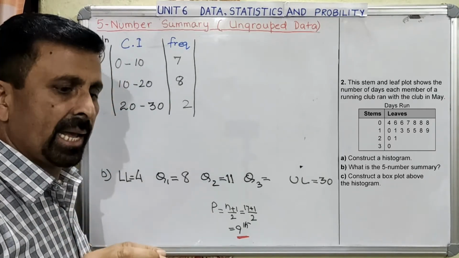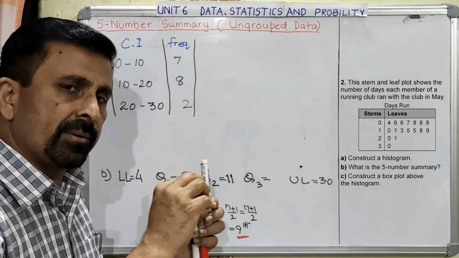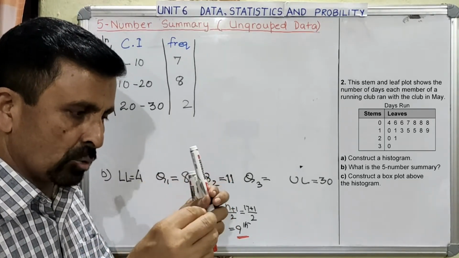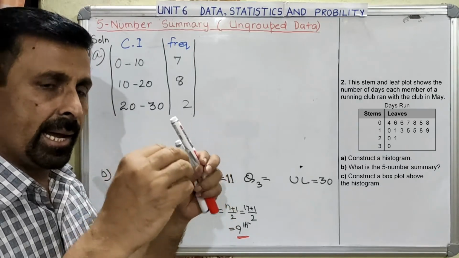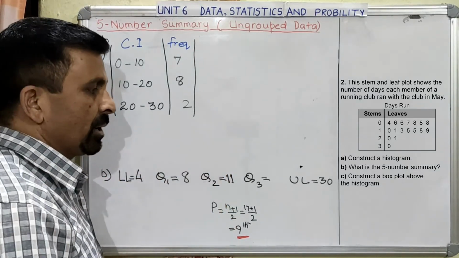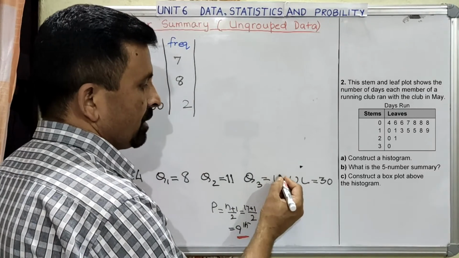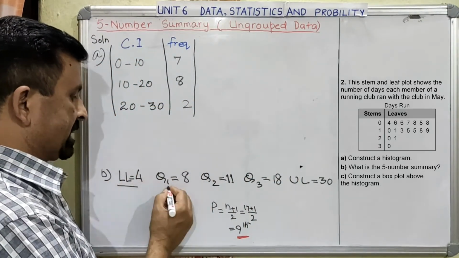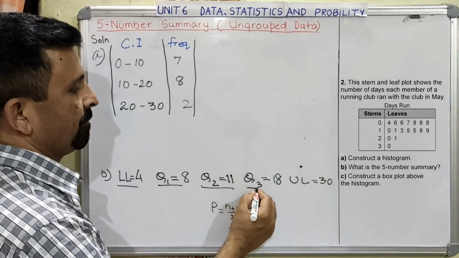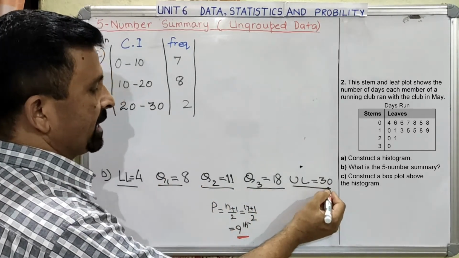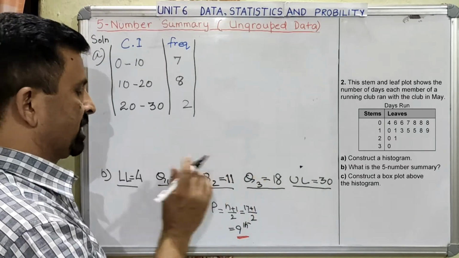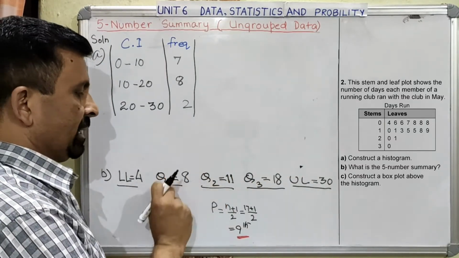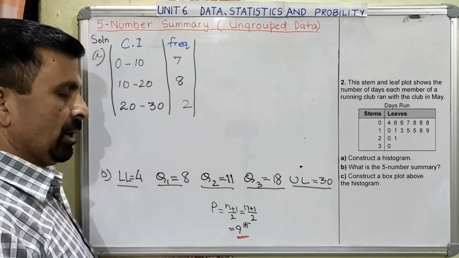Now take this 8 and join it with the stem. In the stem you have 1, and when you combine it with this 8, it becomes 18. That will become your Q3. Okay, and this way your 5-number summary is completed. If you become perfect in calculating Q1, Q2 and Q3, the lower limit and upper limit everybody can do. If you get a very clear concept of Q1, Q2 and Q3, you will not have a problem.